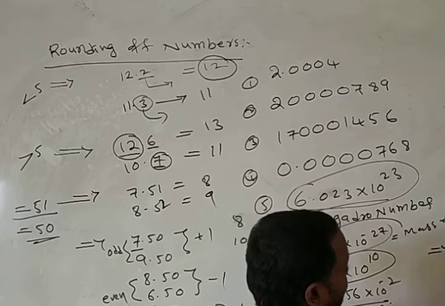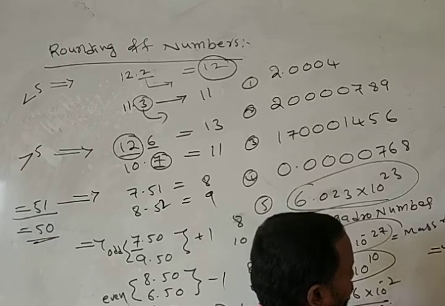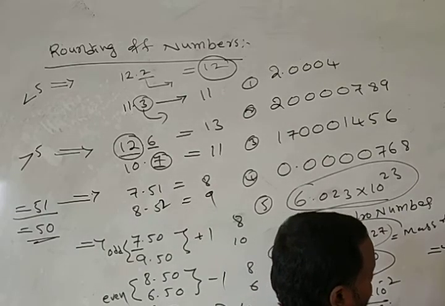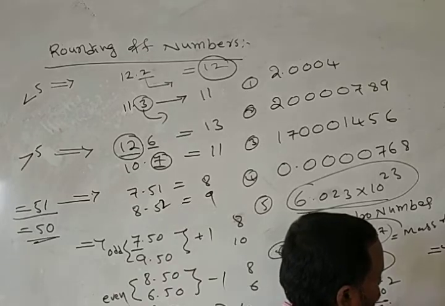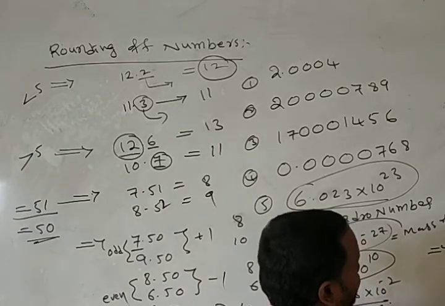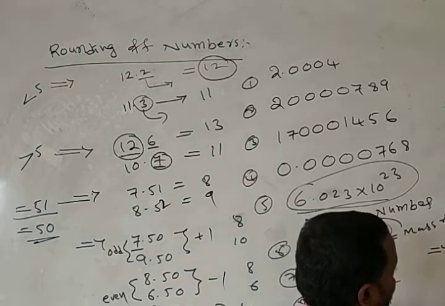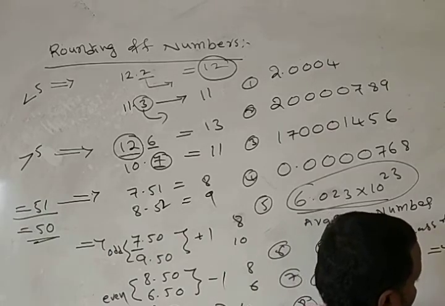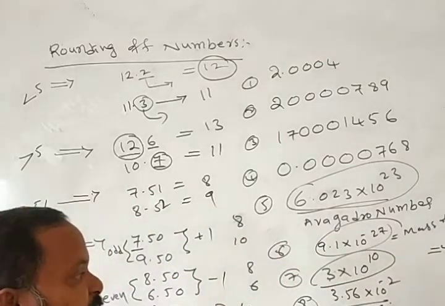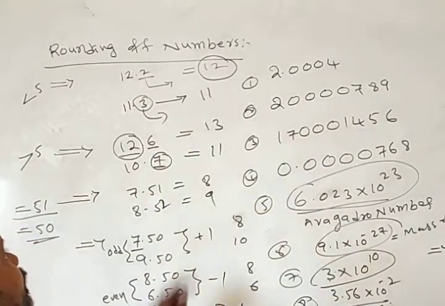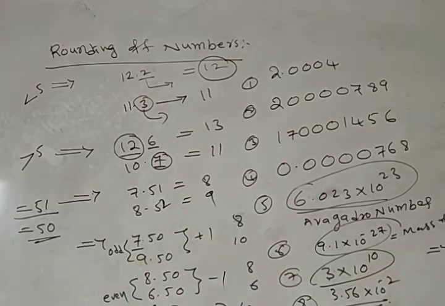Rounding up numbers. For example, how to round up 4.34? Then 4.5, 4.6, 3.2, 3.7. Round up all those numbers here, 1, 2, 3, 4, 5. If anything is complicated, ask me directly. I will explain. This is about the rounding of numbers and significant figures.